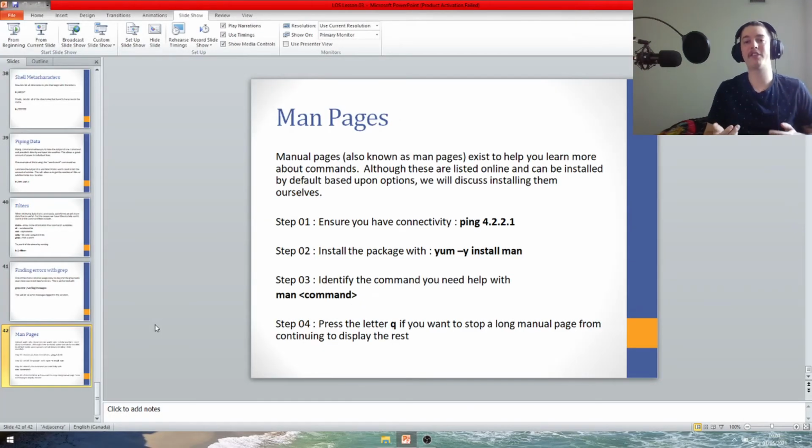So now that we've covered the bare basics of the simplest commands in Linux and how Linux is structured, let's talk about this more